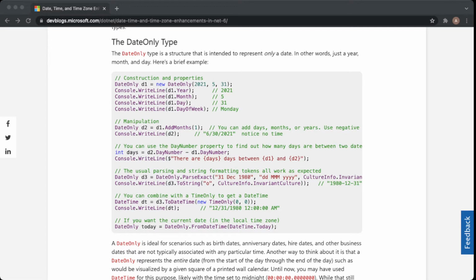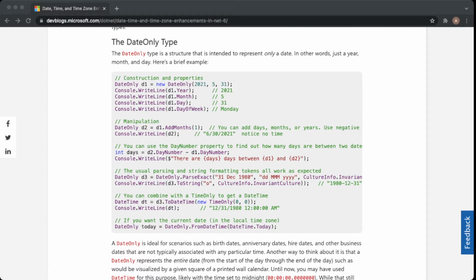But in this DateOnly and TimeOnly, you can only store and fetch either the date part in the DateOnly and time part in the TimeOnly. So this is helpful in various scenarios.